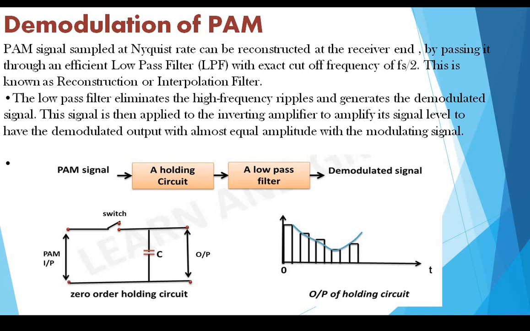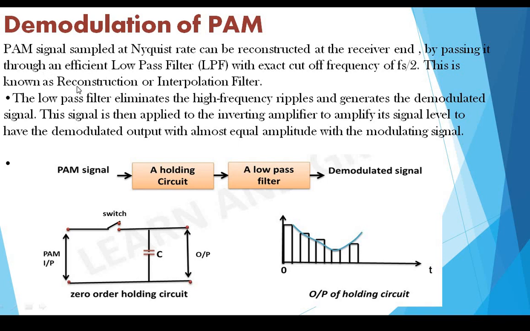Now see the demodulation part of your pulse amplitude modulation. So at the demodulation side, the pulse amplitude modulated wave is given to a holding circuit, and that is given to a low pass filter. Now, the pulse amplitude sampled signal at the Nyquist rate can be reconstructed. You have to keep in mind that it should be at the Nyquist rate. Okay, it can be reconstructed at the receiver end by passing it through a low pass filter. Now this low pass filter should have the exact cutoff frequency, that is your sample frequency divided by 2,